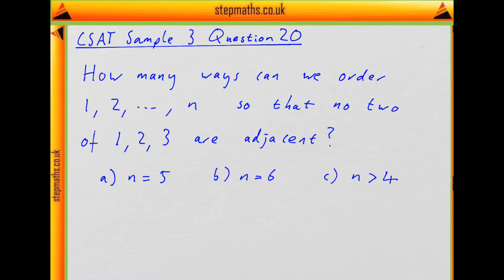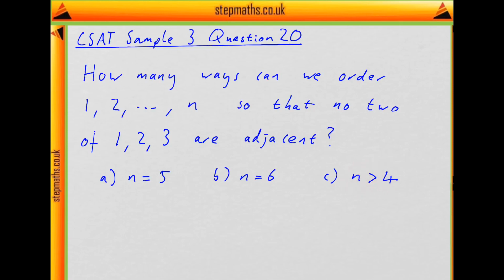This is question 20 from the third CSAT sample paper. In this question we were asked, how many ways can we order the numbers 1 to n so that no 2 out of 1, 2 and 3 are next to each other? And we do this in the cases where n equals 5, n equals 6, and then generally for n greater